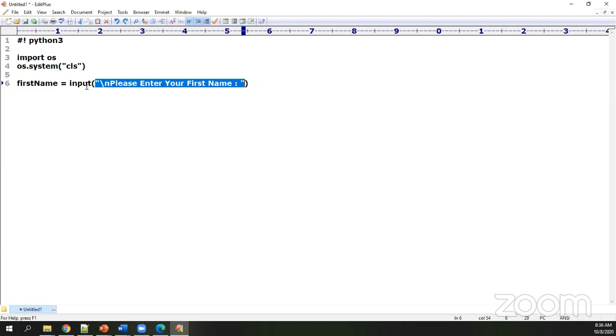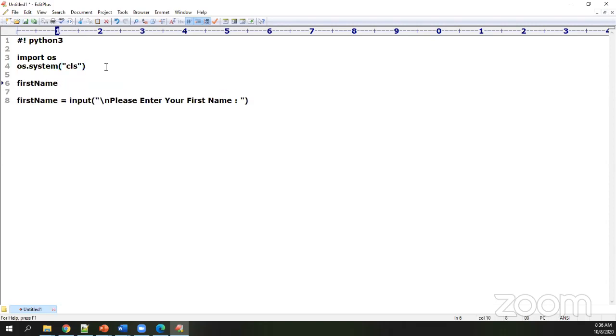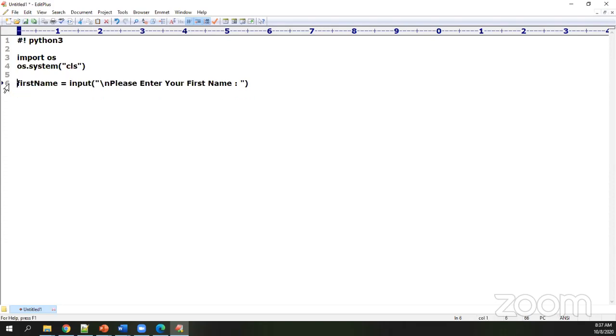Now we can either declare this by going with a first name individually declared like this, assigned as something like None, and then assign that to this input. Now technically, when I know that I'm going to collect my data directly from the input console, and the input method always has the ability to return the data to the corresponding variable, then I don't think I need to do that extra additional instruction. Are you catching my point?